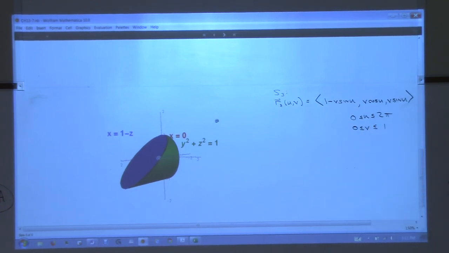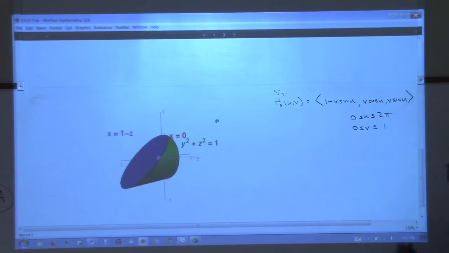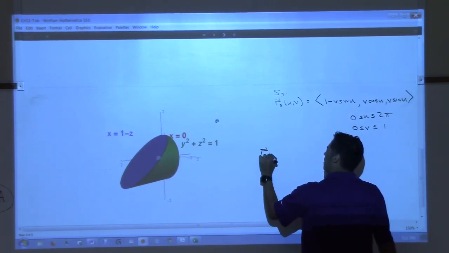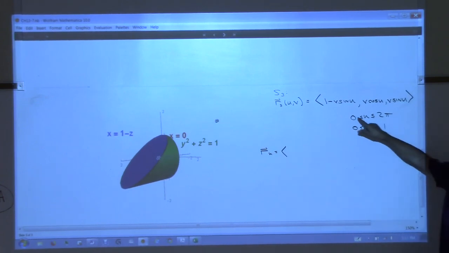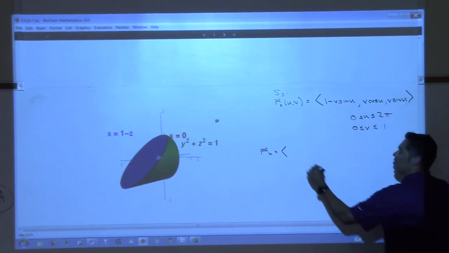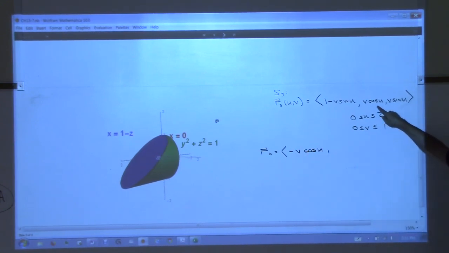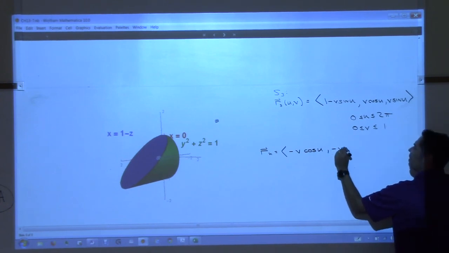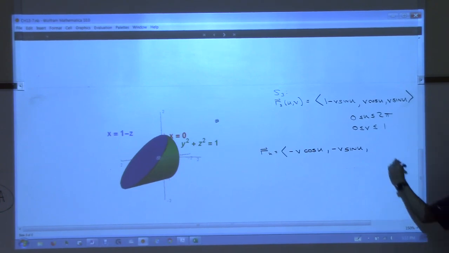These partials are not going to be fun, and crossing them is not going to be fun, and magnitude's not going to be fun. But who said this was supposed to be fun? All right, so what is the partial of r with respect to u? So 0, right? And then minus v stays, derivative of sine of u is cosine u, so minus v cosine u. Partial of this with respect to u, minus v sine u. And then partial of this with respect to u, v cosine